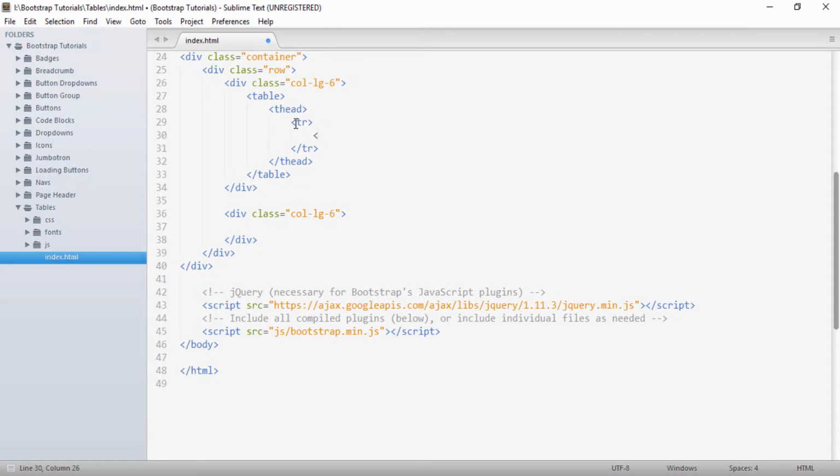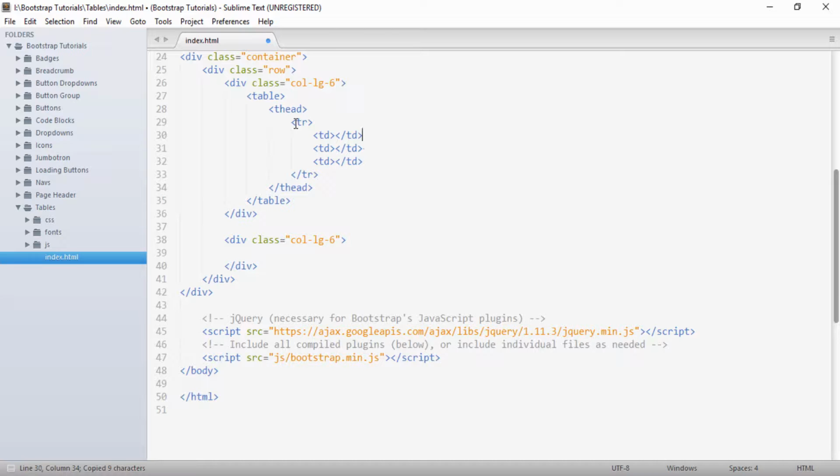So I will just say td, and I will copy this. To the first column I will provide the value of td as id, to the second I will give name, and third I give email. So now the head section is created.